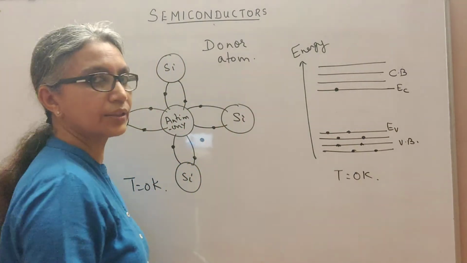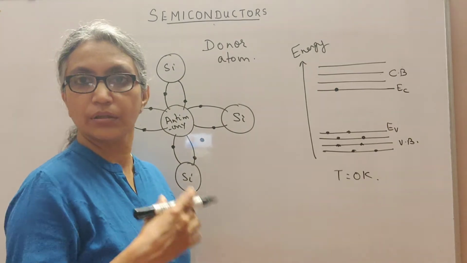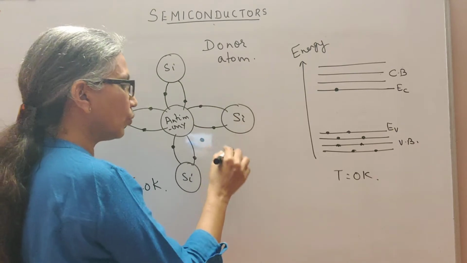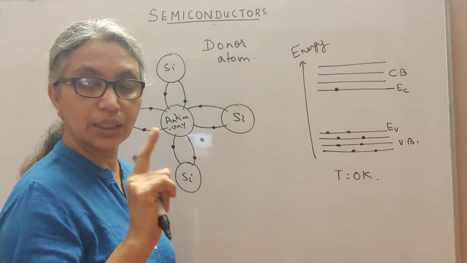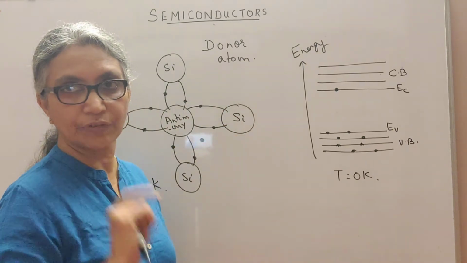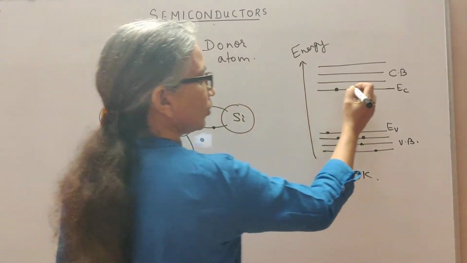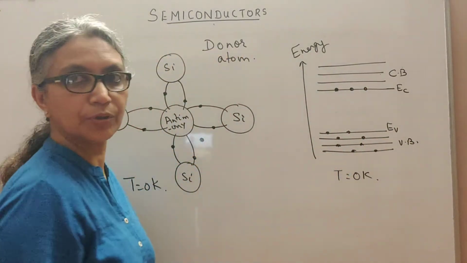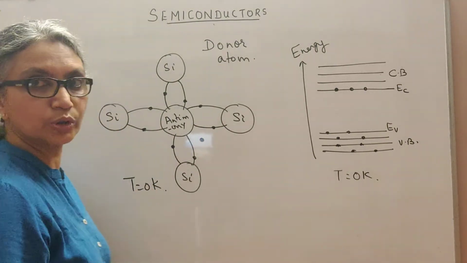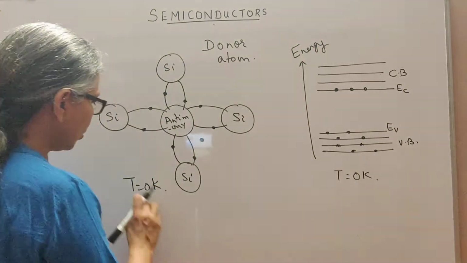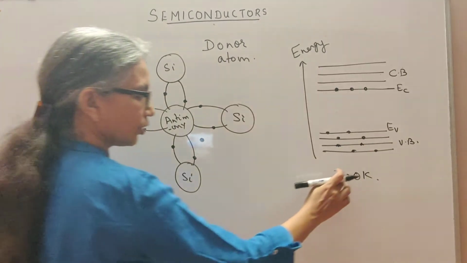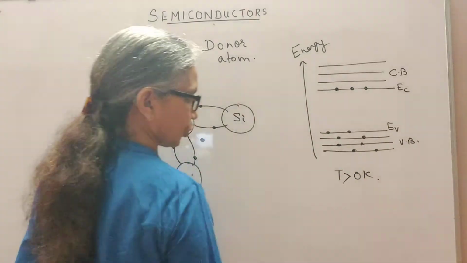So if you have, let's say, added 3 dopants, there is one antimony here, one more and one more, like that 3 dopants. Each dopant, each antimony, will provide one free electron. So let's say we have already got 3 free electrons because of the impurity atom at T equal to 0 Kelvin. Now let's say you increase the temperature to T greater than 0 Kelvin.